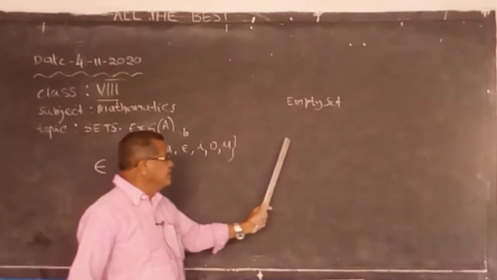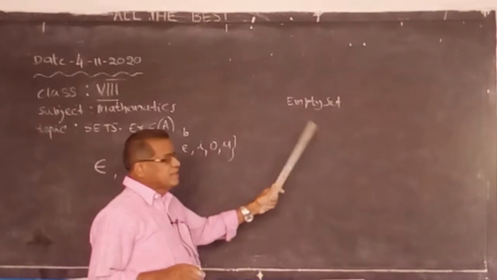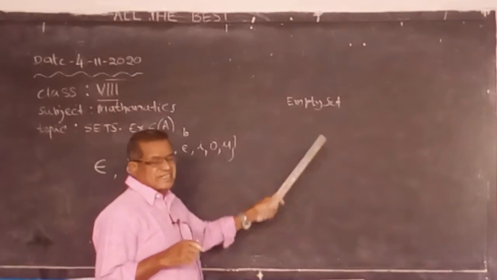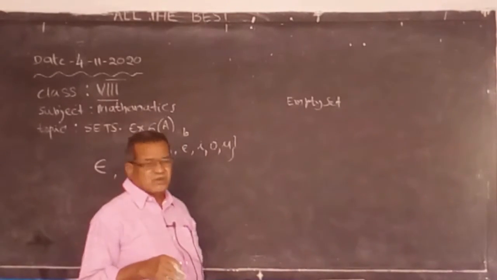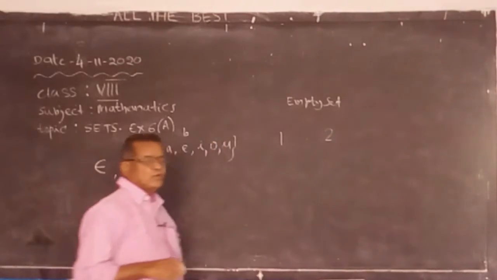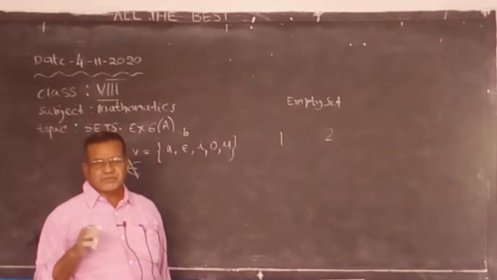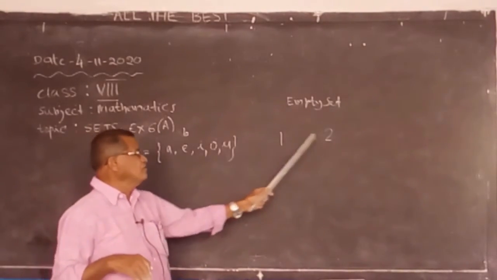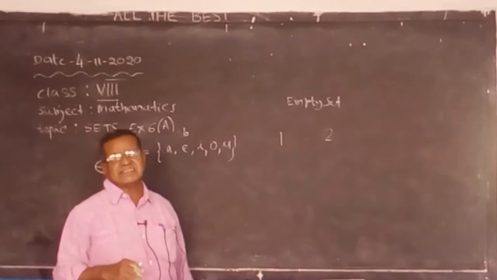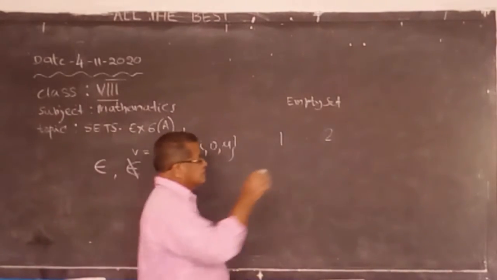We can't find a whole number or integer between 1 and 2. There are numbers, but no integers, no whole numbers. We get other numbers with decimals: 1.1, 1.2, 1.25, 1.567 like that. We can get rational numbers but we can't get integers. We can't get means that is empty. This is the empty set symbol.